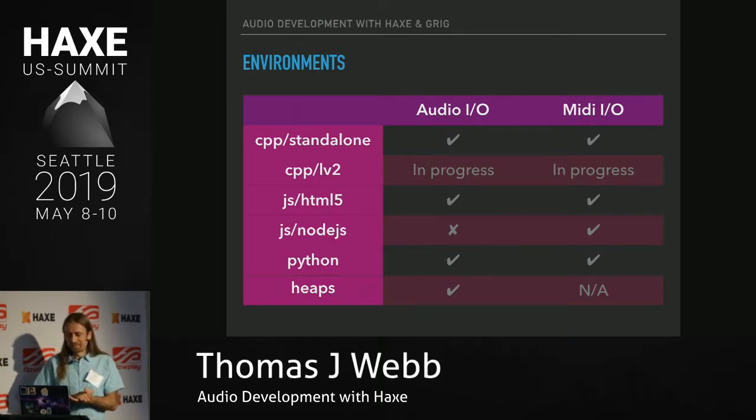Heaps is interesting. Obviously, Heaps doesn't provide MIDI I/O, but you have an abstraction over Heaps' audio channel. If you link to Heaps and to Grig.audio, then the Grig.audio callback is actually abstracting over the audio channel. So you can take your same audio code and now you can run it in game engines. Because Heaps also abstracts over OpenFL, this also allows you to use that same audio code in OpenFL even. I have an example somewhere of doing that. And as far as the ones that I want to get to, I think C# would be cool, and more plugin formats would be cool too,